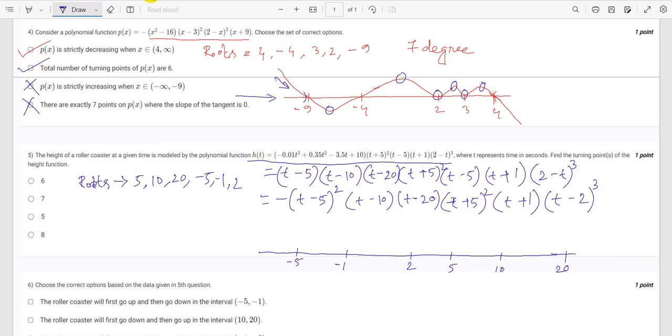Now let's check the degree of this polynomial function. 2 plus 1 is 3, plus 1 is 4, plus 2 is 6, plus 1 is 7, plus 3 is 10, so it's a 10 degree polynomial. That means even degree, and the leading coefficient